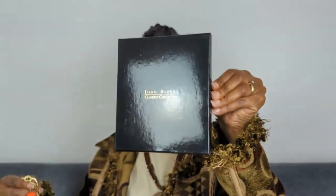So this next thing is probably going to be either love it or hate it. Obviously, I love it. So my fairy fashion mother, she showed me this necklace that she purchased, and it also comes with some earrings to match, and it's kind of shaped like pieces of coral, and it's this orange plastic. It is from the Joan Rivers collection, and she has the box here that she purchased some years ago from QVC, but